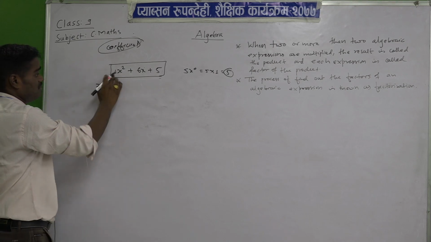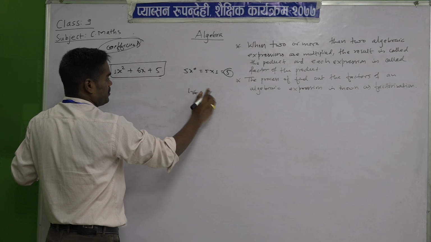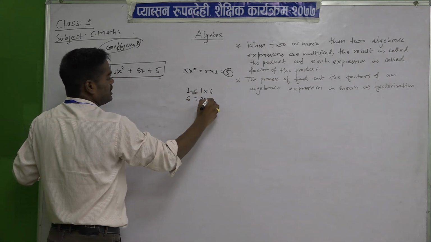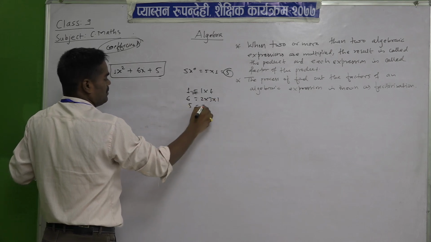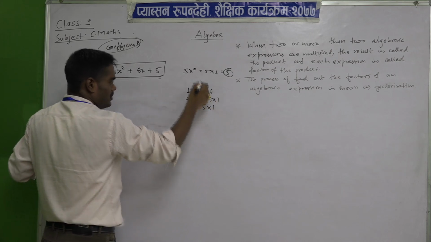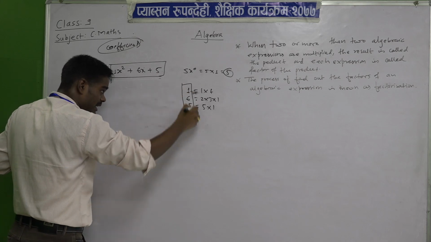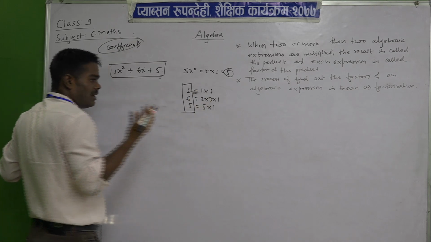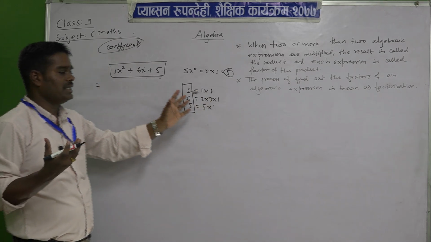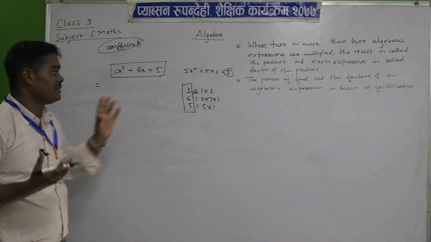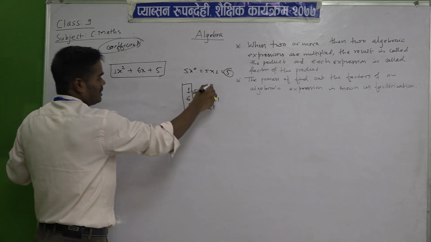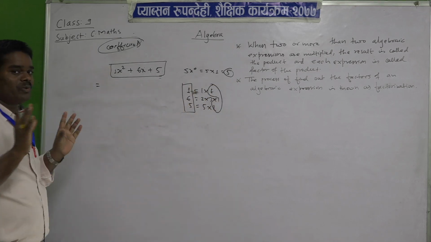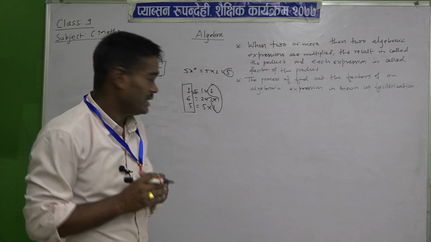So here is 1, write here the factor. The factor of 1 is what? 1 into 1. Here is 6, 2 3s are 6, 6 into 1. 5, 5 1s are 5. So here you have to take the common in all 3 numbers. If there is a common more than 1, then only you have to take it. Here in each and every one, in all 3, only 1 is common. So 1 is not allowed to be taken as common.